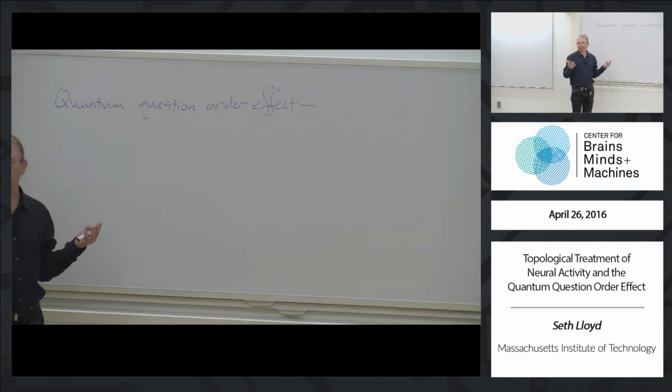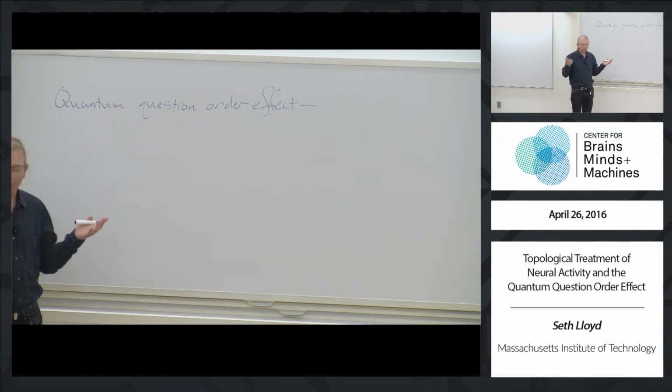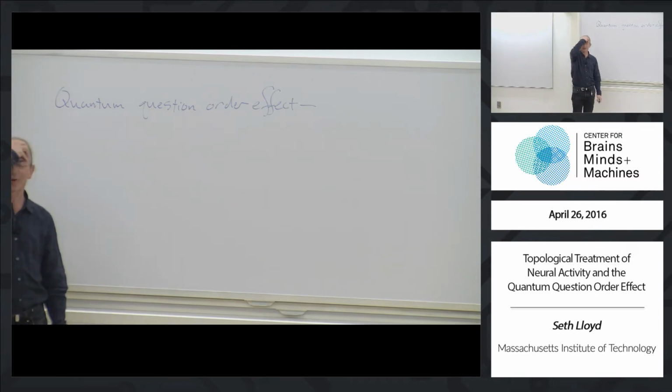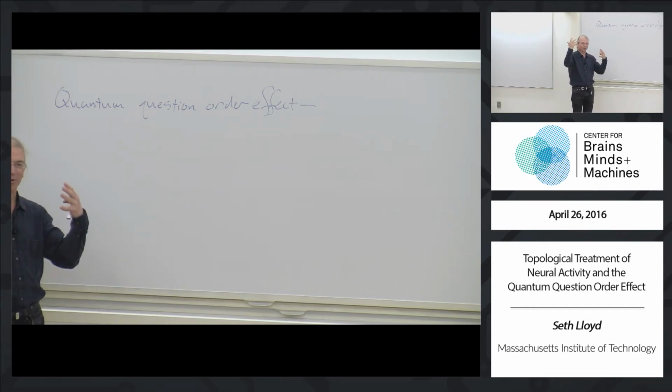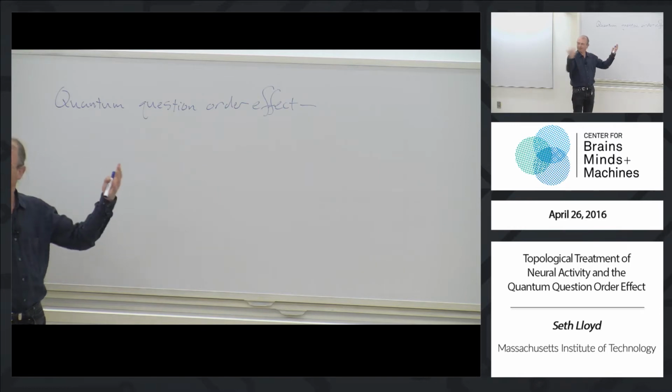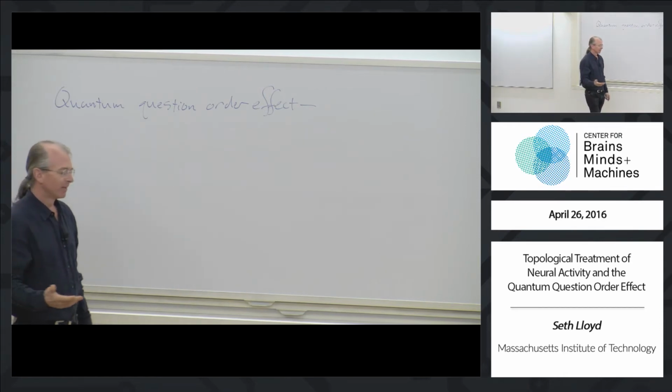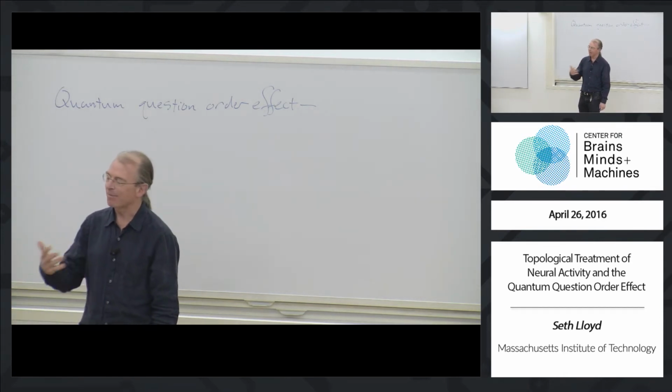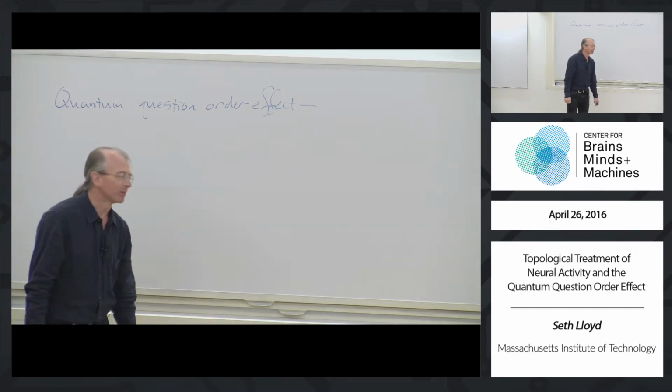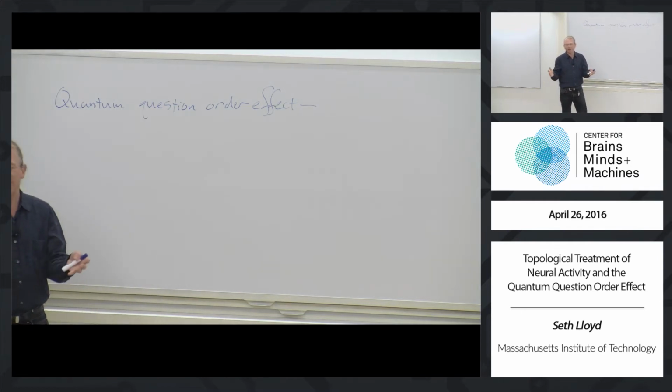When you ask people questions, the order of the questions matters. If you ask them the questions in one order, you'll get different probabilities for the answer than if you ask them questions in the opposite order. That makes perfect sense because, once you've answered the first question, your brain is in some state corresponding to just having answered that question. And then when you answer the next question, whatever neural processes are going on then will come into play, and vice versa. So it certainly makes sense that when you ask people questions, the probabilities that they answer with depend on the order.